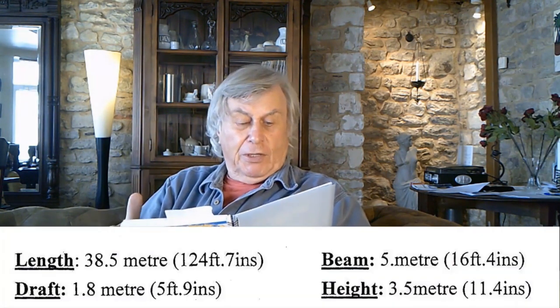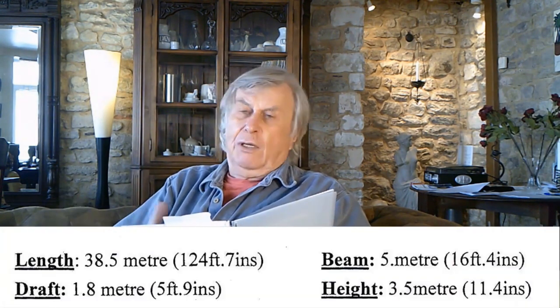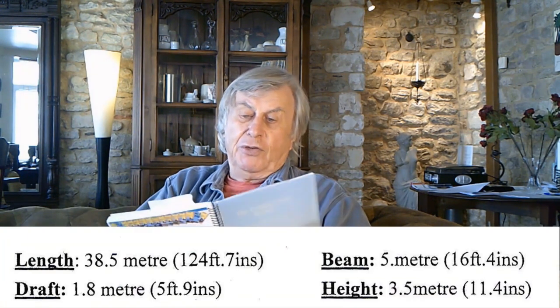There are physical aspects of the French canals, which it's quite important to know about before you think about making the route. The maximum length of boat that you can have is 124 foot. Well, you know, that's not really going to affect any of us. However,